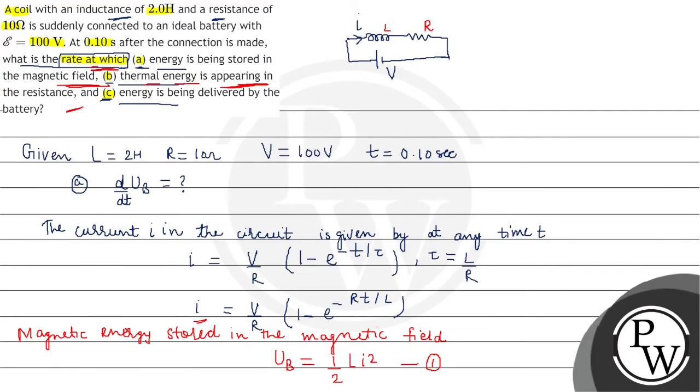So for part B, which is thermal rate at which thermal energy appearing in the resistance